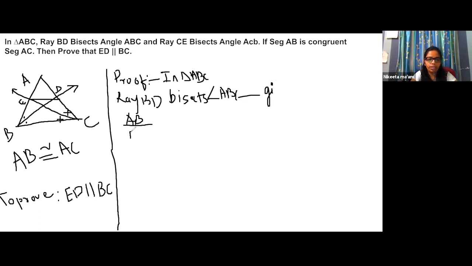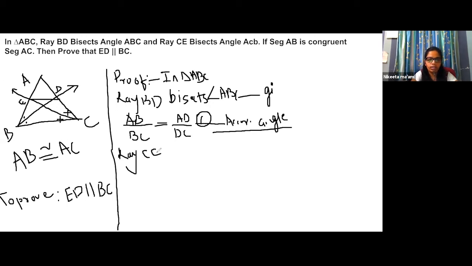upon BC will be equal to AD upon DC. Yes, correct. So according to which theorem? According to the angle bisector theorem. You have to write the statement, according to the angle bisector theorem. So write everything over here. Okay, so we will say this is 1. Now ray